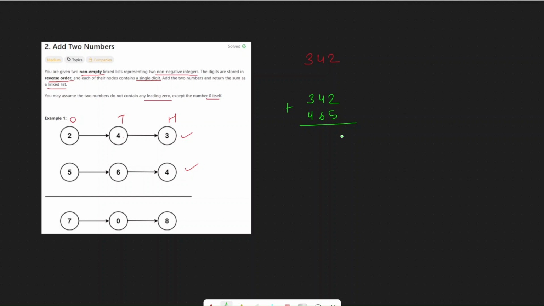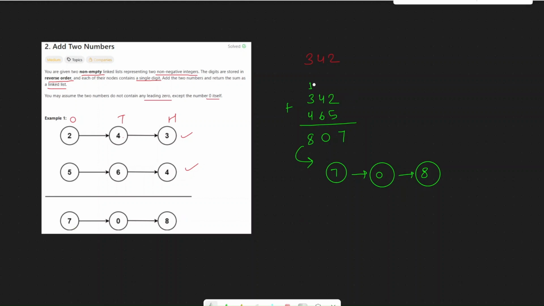So first we add 5 plus 2, which is 7, then 6 plus 4 is 10, so 0 goes here and 1 we have as a carryover, and 4 plus 3 is 7, plus 1 is 8. So 807 is our number, but the answer should be 7, then 0 and then 8, because again we have to represent this as a linked list, and a linked list is in reverse order. So this is the full concept and that's how they are getting 7, 0 and 8 here.